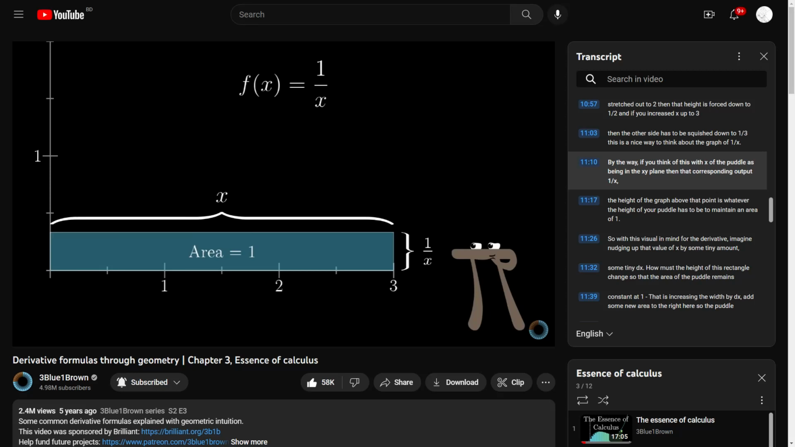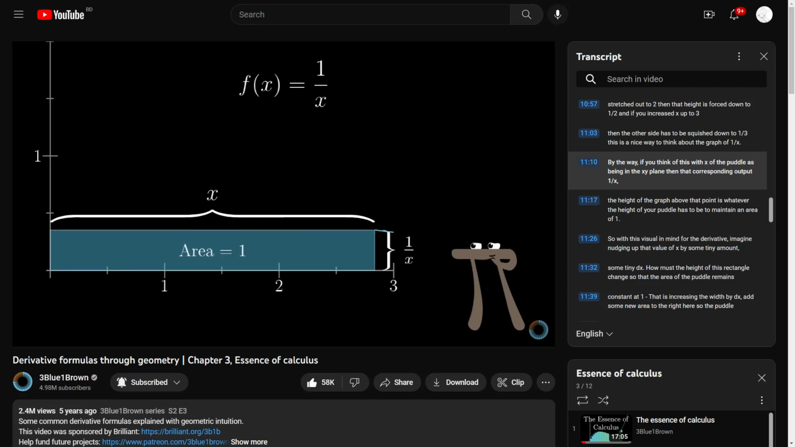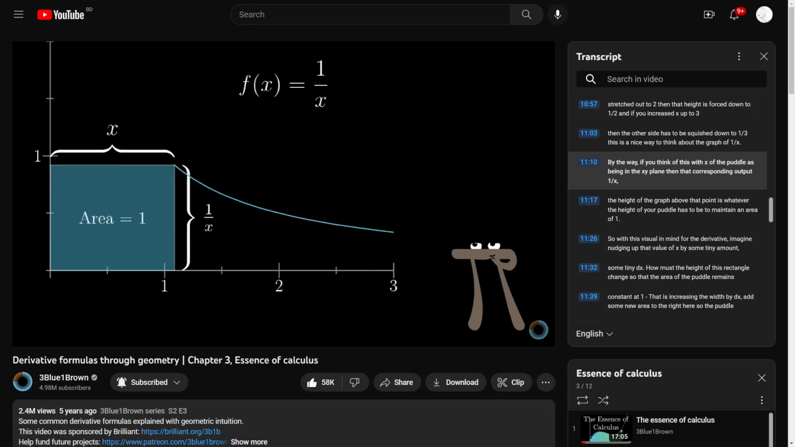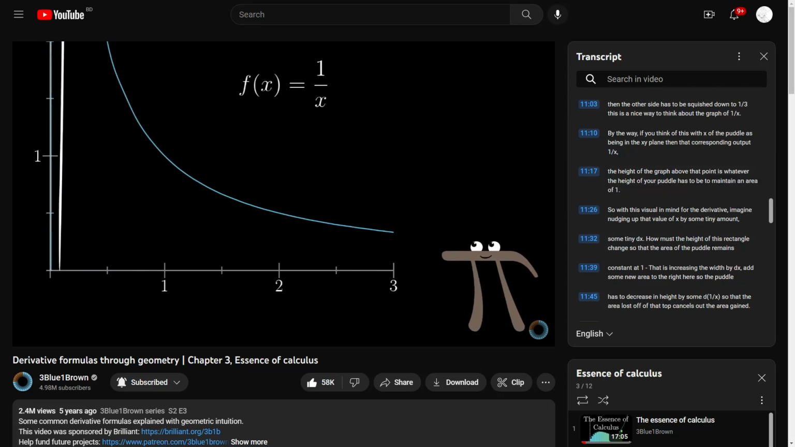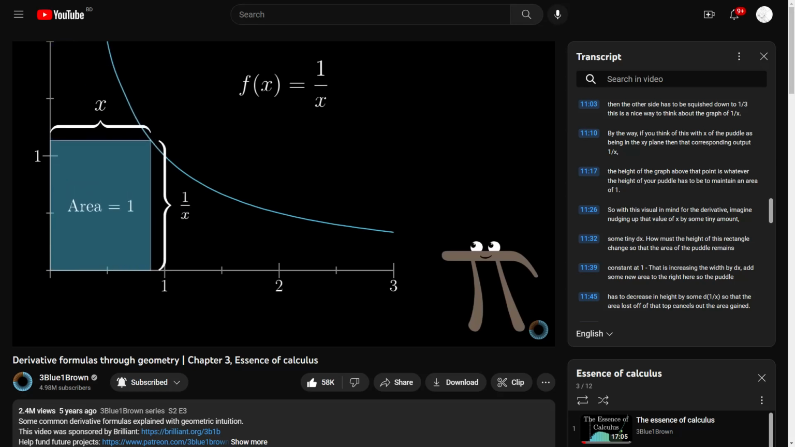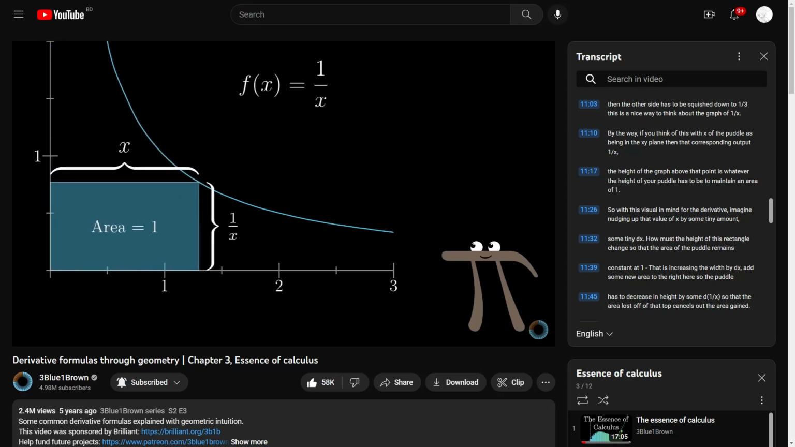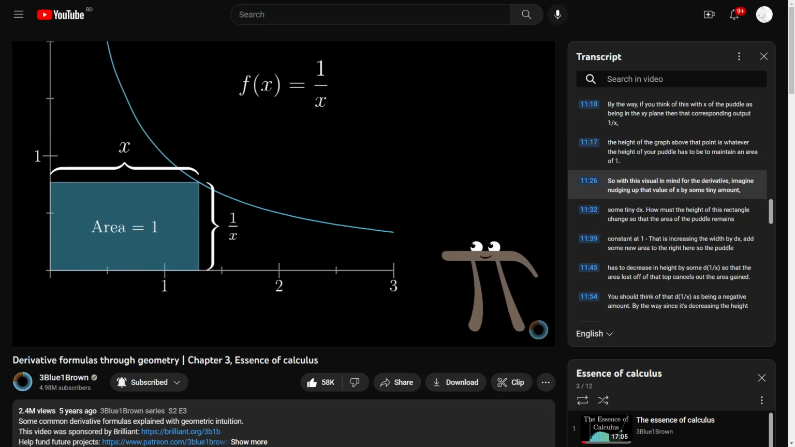If you think of this width x of the puddle as being in the xy plane, then that corresponding output, 1 divided by x, the height of the graph above that point, is whatever the height of your puddle has to be to maintain an area of 1. So with this visual in mind, for the derivative, imagine nudging up that value of x by some tiny amount,